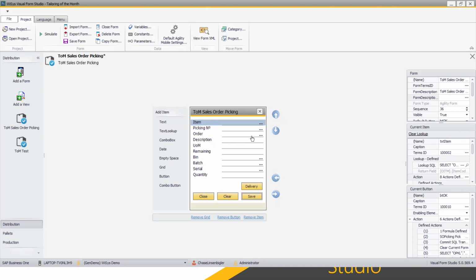Then we changed all of the lookups because of that trickle-down effect. So your first piece of information has a very general lookup. We're just looking to see items in the system that are inventory items. Then that trickles down to the corresponding lookups that it has now jumped ahead of, right? So since it's moved ahead of picking, number, and order, we need to, of course, go into picking, number, and order and change their lookups. So picking number needed to have a lookup that takes into account only pick lists with that item. Order needed to have a lookup that takes into account only pick lists that have orders that have that item